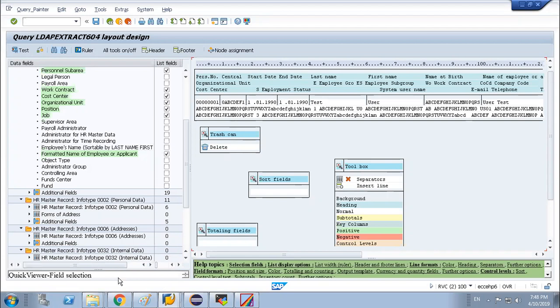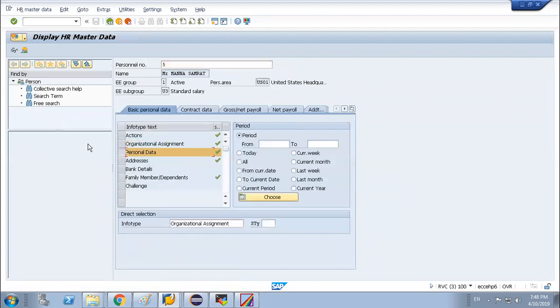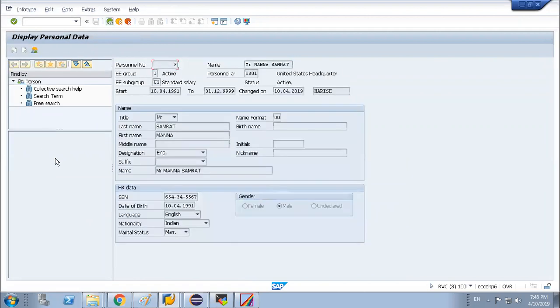For example, to be more specific, go back to your personal data. If you click on the personal data, here you will have the last name, first name, total display name, my SSN number, my date of birth. This information is not needed, right? My SSN number or my date of birth, I do not need in the IDM system. This is my personal information. I should not share my SSN number with anybody, correct? But HR needs to know.